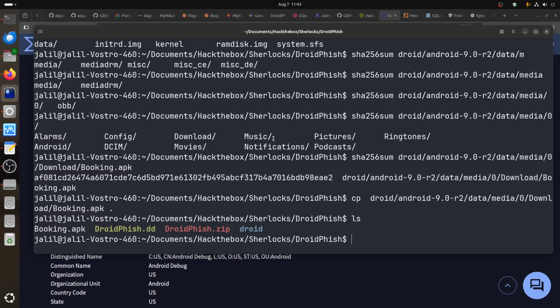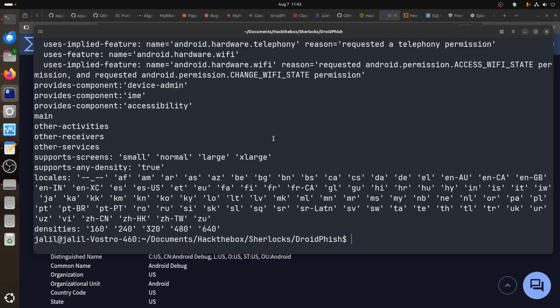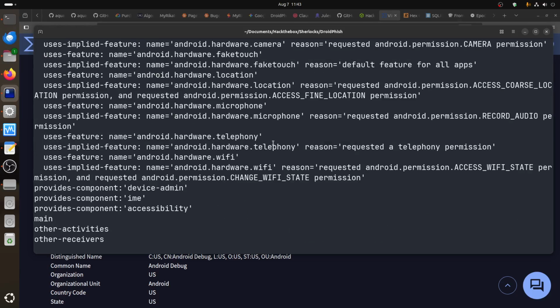So what we can do with this APK, two things. If you have the Android Asset Package Tool, aapt, they have an aapt2. Let's try aapt, the normal one, in case we can dump the badging, and then we can see the booking app, you see, it gives me all this information. If you scroll that up, for example, there,